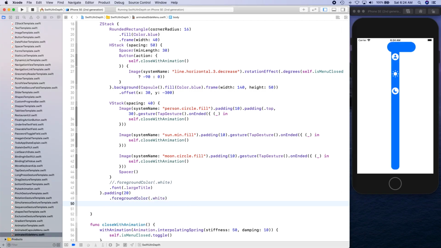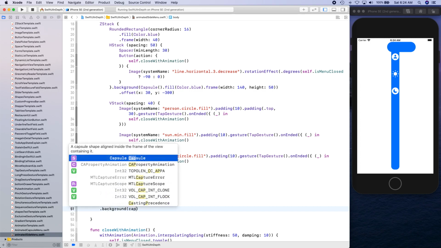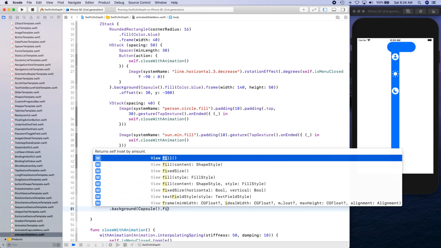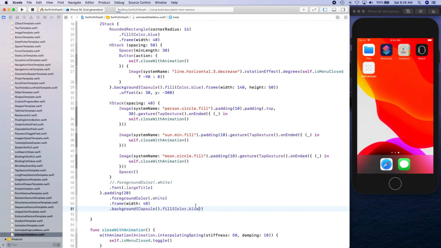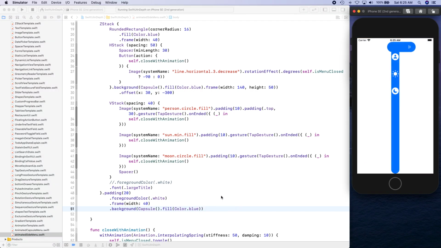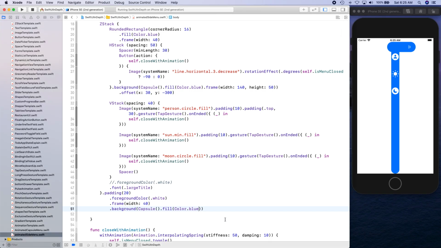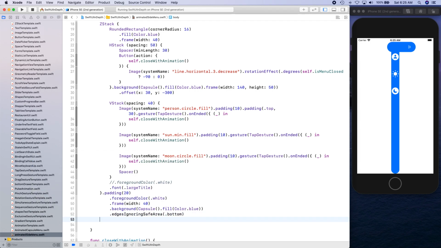All right, so we're gonna have a frame with width of 40. Background is Capsule, fill color .blue. Okay, and so we should have. Okay, cool. So our button is showing up now, and then you're gonna have edgesIgnoringSafeArea bottom,